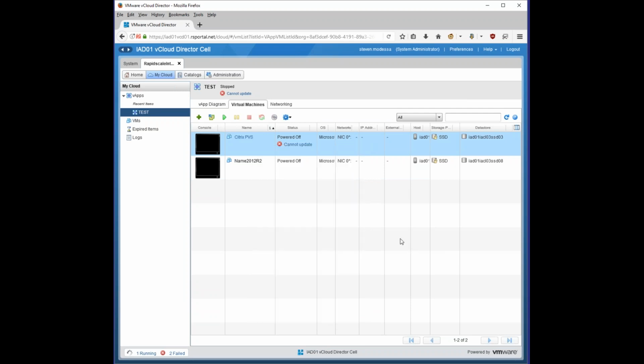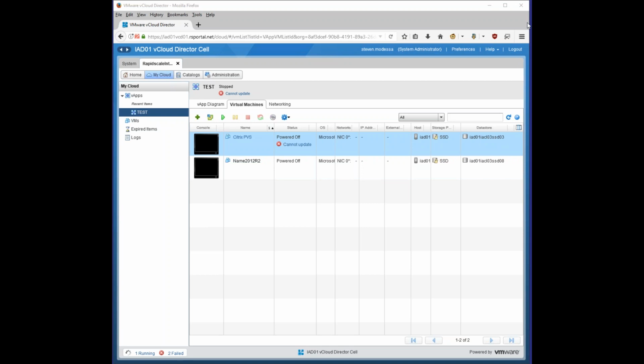So let's go ahead and talk about snapshots. So we want to go ahead and snapshot a server before we make a major change, such as major software installation or anything like that, in case we want to revert and undo that really quick. So to make a snapshot, you can do it in two steps. You can do it either with the machine powered on or the machine powered off. Usually we recommend to power it off to make a quick snapshot, unless you 100% need to make a snapshot